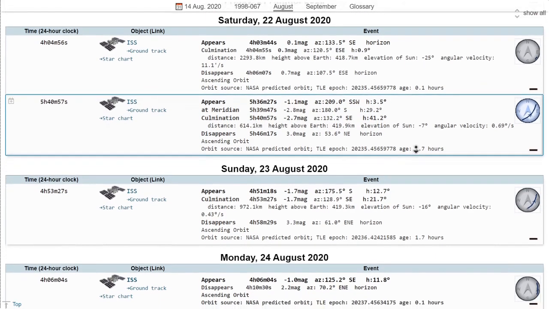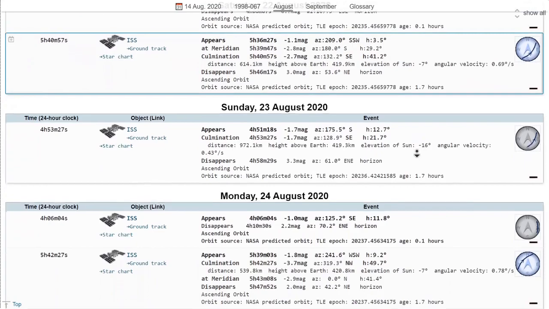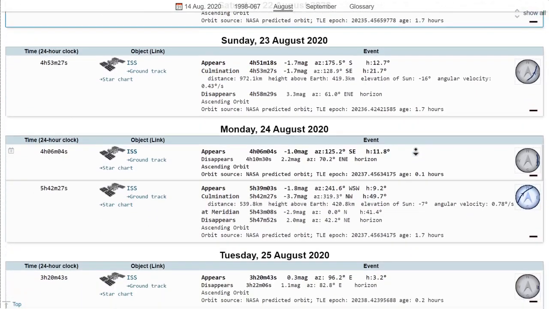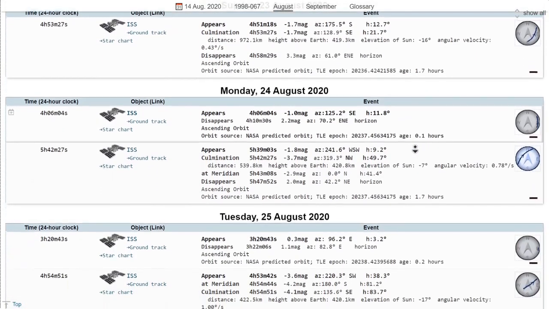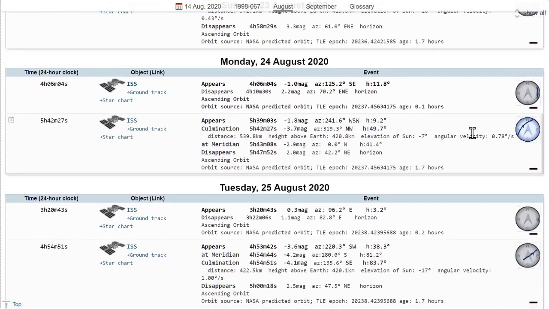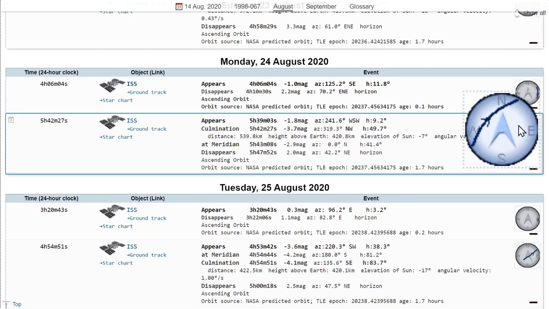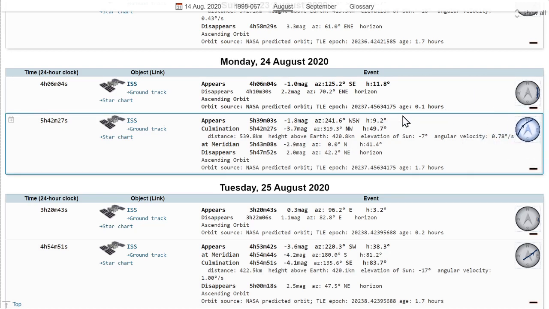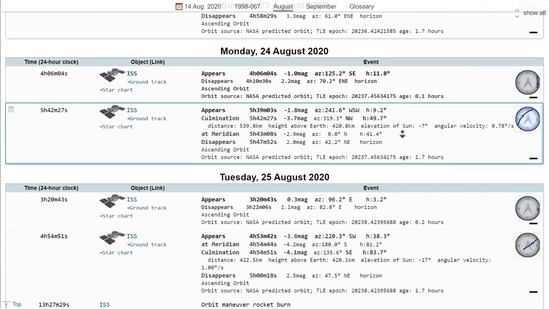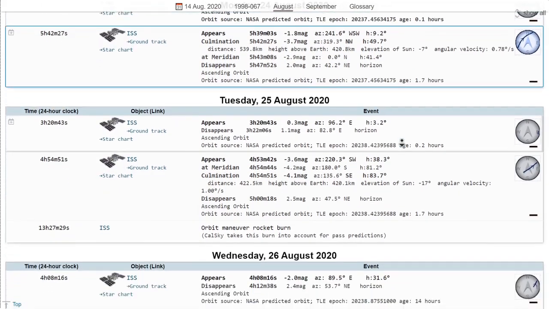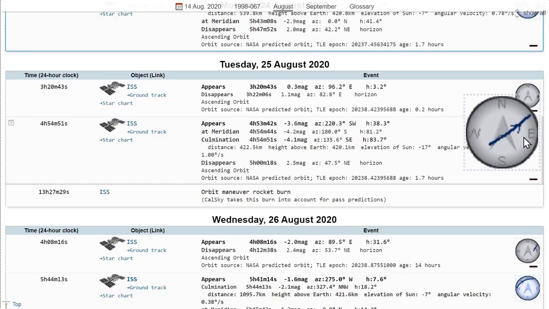And so as we glance through here, you can spot a number of good ones. The 23rd flyover's okay. The 24th has a really good one at minus 3.7. That magnitude caps out close to minus 4, so that will be a very bright one. However, as highlighted here, it will be in twilight hours, so it will start getting brighter and eventually won't be all that visible. Likewise, at 4:50 on the 25th, the sky is going to be a bit darker, and